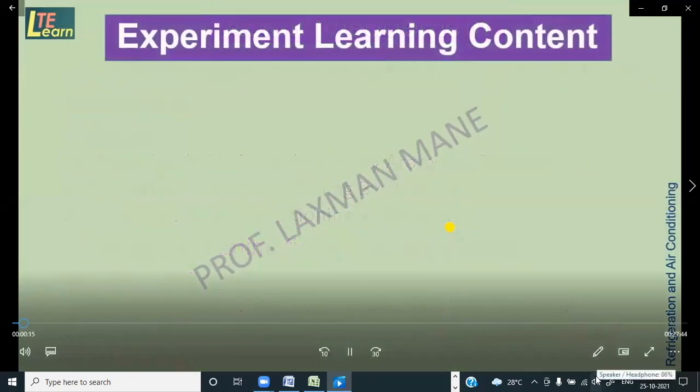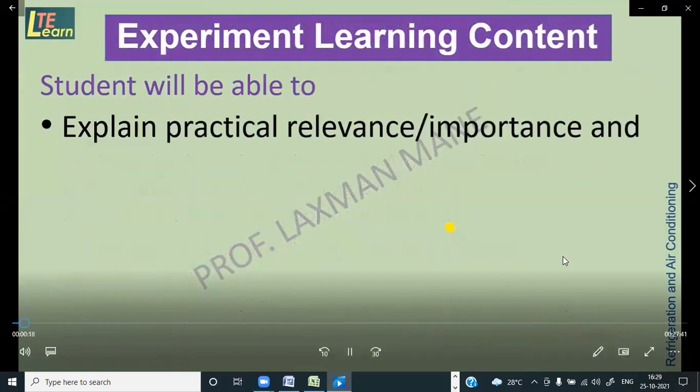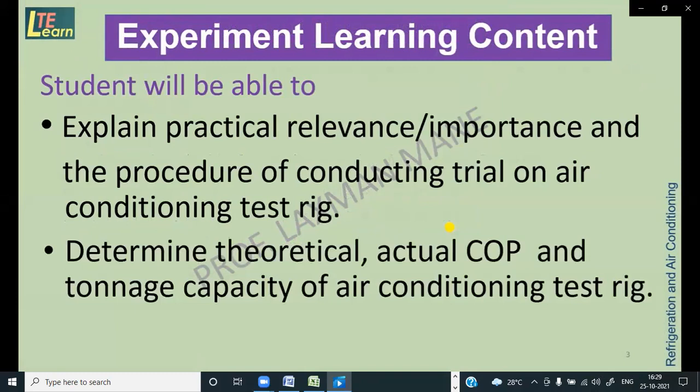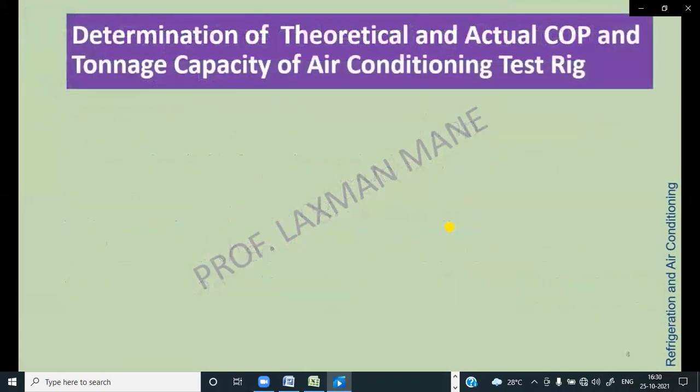In this session, you will be able to explain the practical relevance, importance, and procedure of conducting a trial on the air conditioning test rig. You will also be able to determine the theoretical and actual coefficient of performance and tonnage capacity of the air conditioning test rig. Objectives of this experiment are